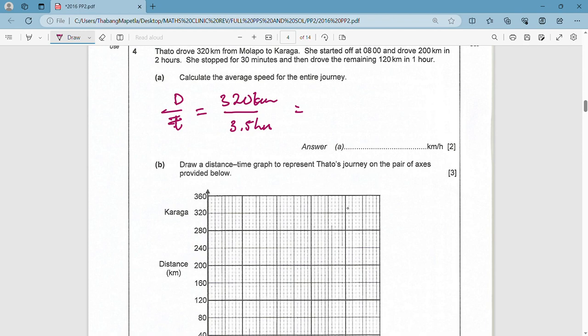So it's going to be 91 and 1 over, sorry, 91 and 3 over 7, which probably people will like to write as a decimal. 91 and 3 over 7 kilometers per hour, or those who like decimals, they will write